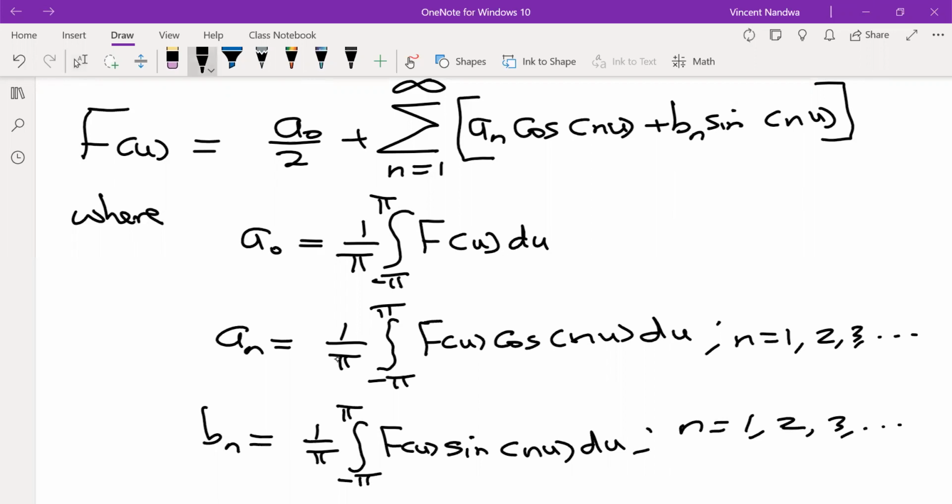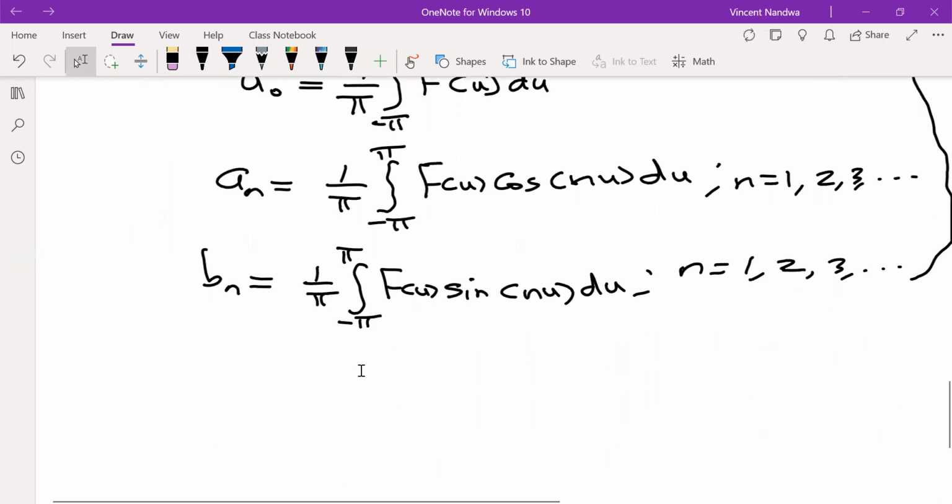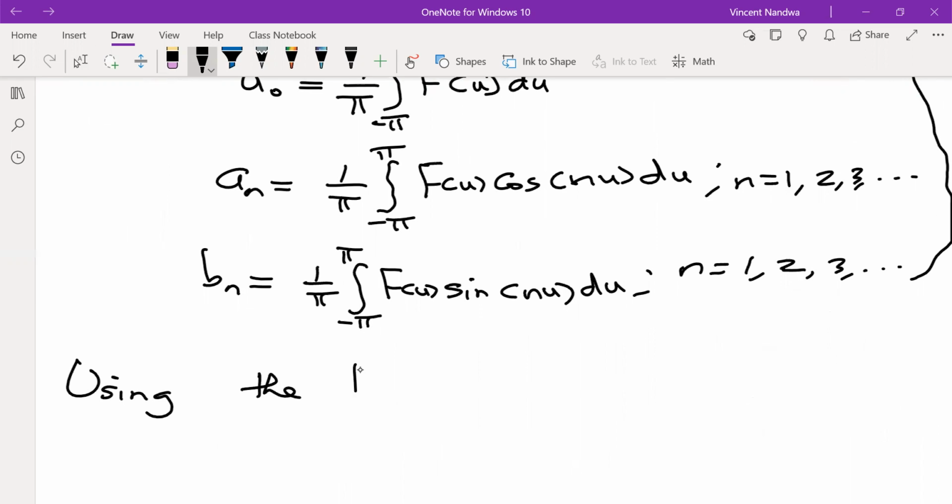So remember, let me call this formula 3. Formula 3 is exactly the same as formula 1. The only thing we are doing here is to replace x for u. So remember, these variables are dummy. So 3 and 1 are the same. But now, using the transformation given in 2,